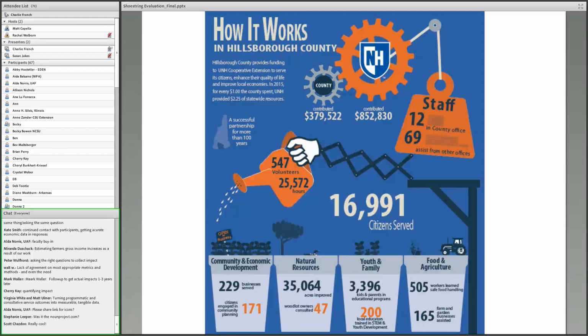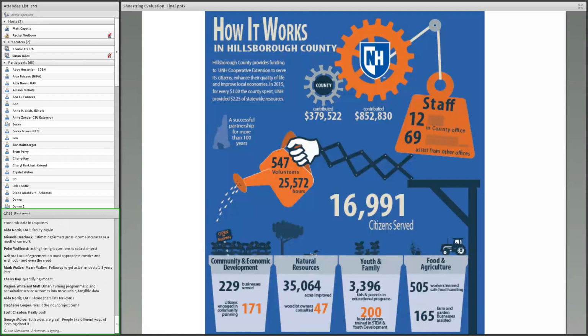This kind of has a Rube Goldberg feel to it. You know, I wish we had shown the other side. Casey made a good point that these are just numbers. These really are, at best, short-term impacts. It's the narratives which really help us to capture the meaning of those impacts of the actual work on participants in the community. So on the flip side of this, which we send to each of our counties each year, it has some really good narratives that talk about specific cases and successes. So I think it's really important to mesh the numerical piece with the narrative piece. People learn in different ways, and you have to convey both if you're trying to communicate a message.